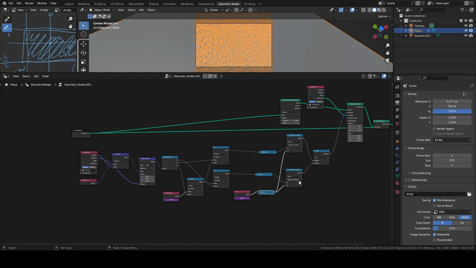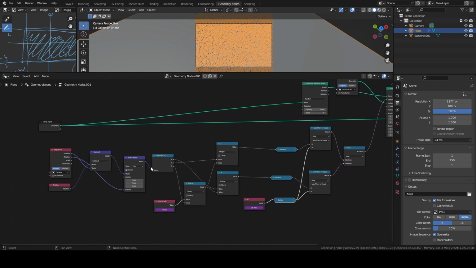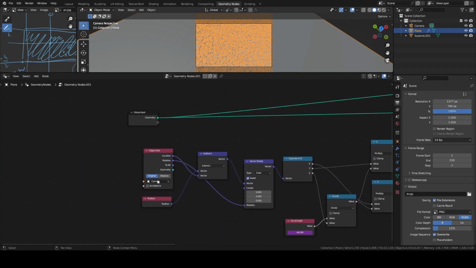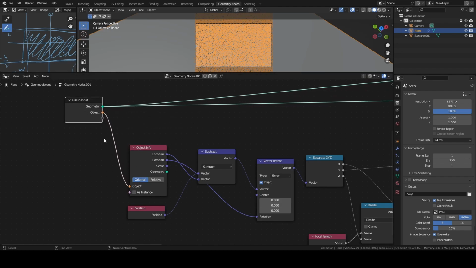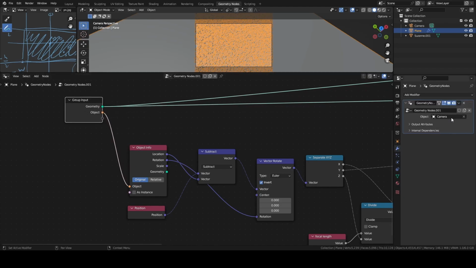But up to now, this is not feasible because yes, I have to select my camera here, but this is not a huge problem because this camera could also be published as a group input, and then you go here and select the camera, and that's okay.